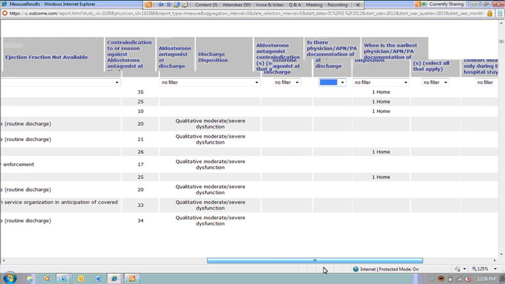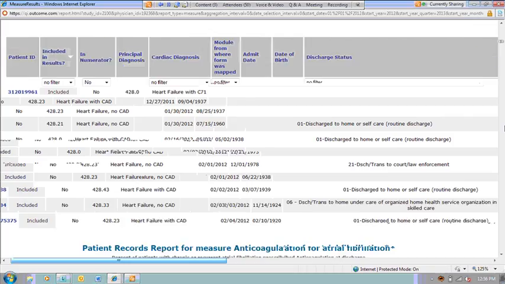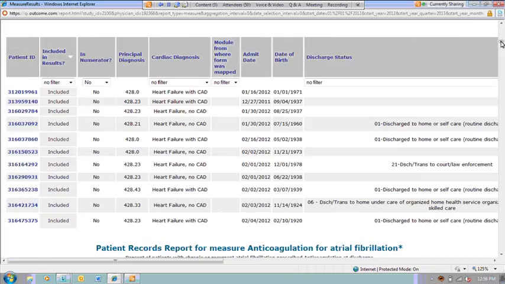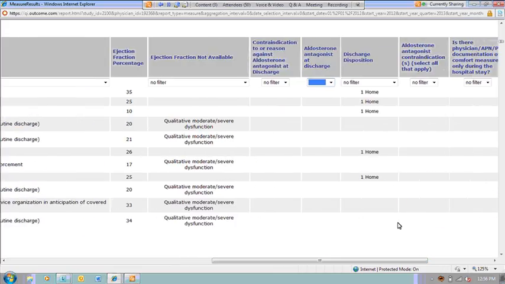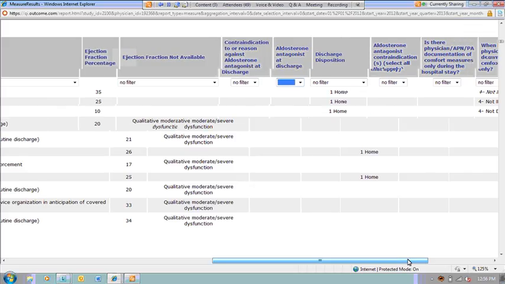So that brings me to my next point, which is we can't assess the quality of patient care if the quality of our data is bad. So running this patient records report is another way that you can check not just for patients who may have been missed for a particular measure, but check to see that the result of your measure is not the result of poor data. Now, I mentioned this issue of blanks here.